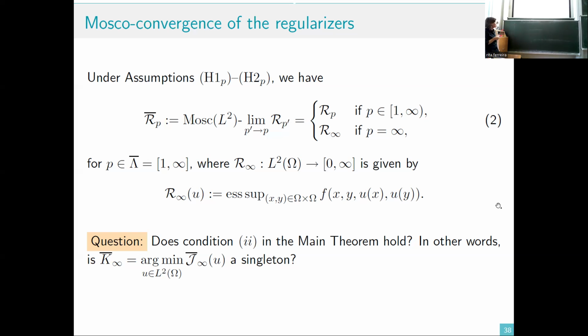Now, if you remember, for us to apply the main theorem, we need Mosco convergence. It is here, but we also need that at the points that are in the boundary and don't belong to the original set, we have uniqueness of minimizers. So this is the next thing that we have to verify. And for this to hold true, we need a further assumption,